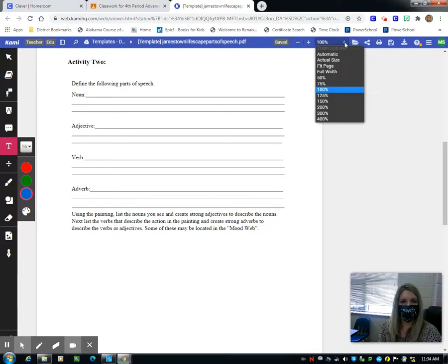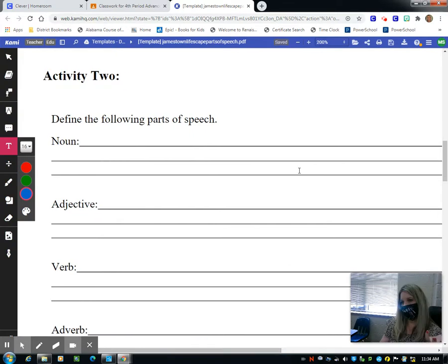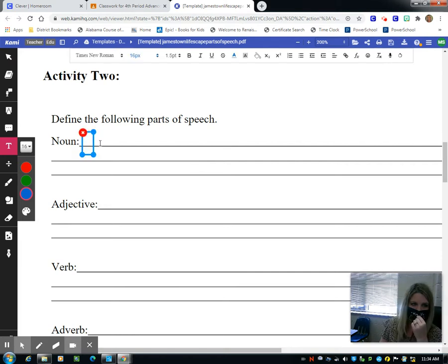Let me increase the size of my screen here. All right, first you're going to need to use this for reference in case you forget. You probably know all these still from the past. But we're going to go ahead and define each of these 4 parts of speech. These are probably the most popular ones. There are more, but we're going to stick to these 4 for now. So a noun is a person,